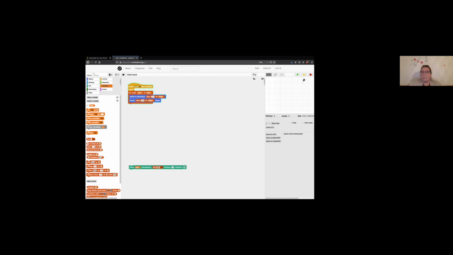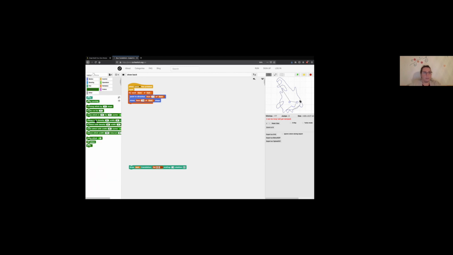Let's try that. I click space, we reset, and then we can draw something. I can zoom to fit, and here I did Alonso this morning. But you can see that we still have those threads going over to his eyes and stuff. Those were the ones where we actually wanted to put the pen up. So what we can do for that is check whether the third item of our list is true or false, and based on that we can move the pen up or down, and we can also change the embroidery design.